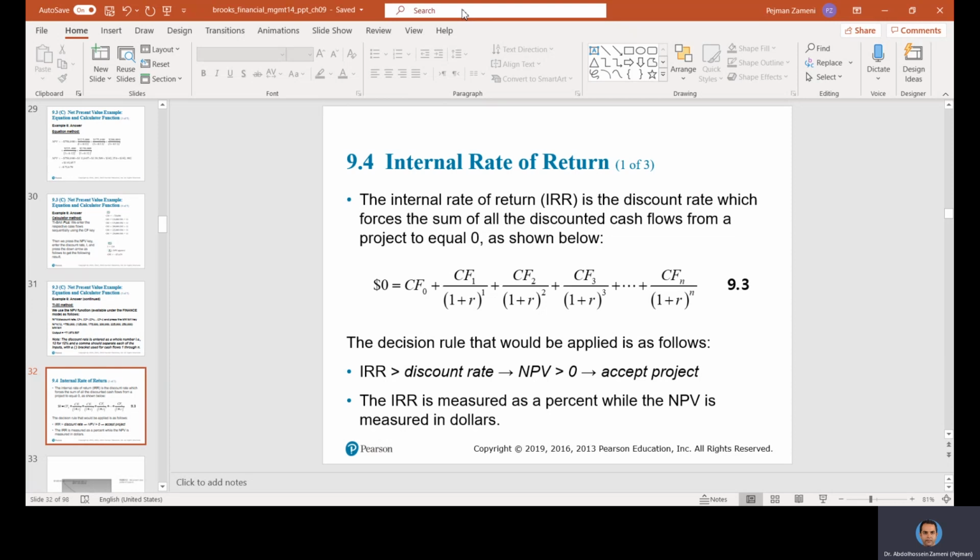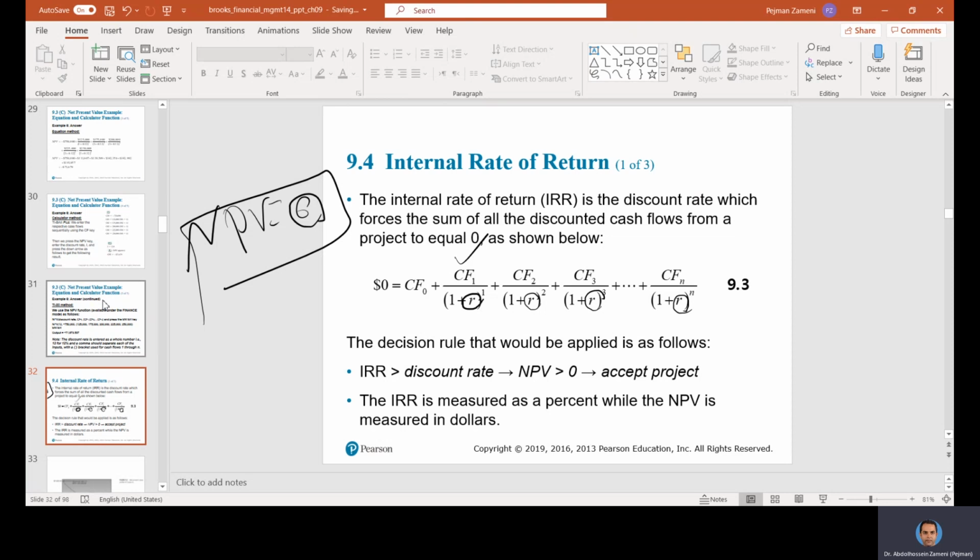The IRR, the internal rate of return, is the discount rate which forces the sum of all the discounted cash flows from a project to equal 0, as shown below. It means that we assume NPV is equal to 0, if you remember the formula, then we set it equal to 0, and we look for this R. This R is called IRR. We already have these cash flows. We know all these years. Then in here we just set it equal to 0, and we try to find this R,